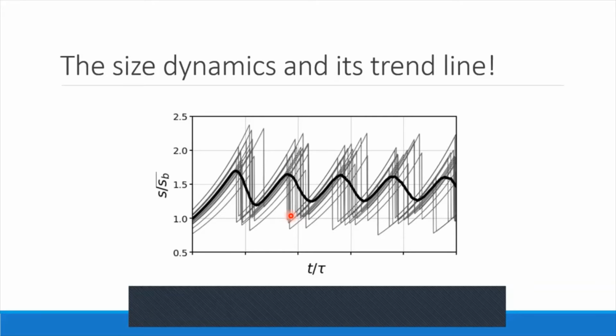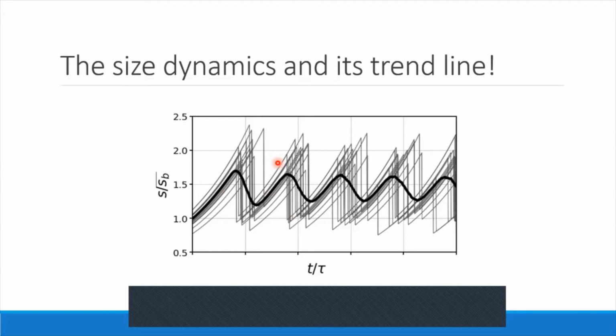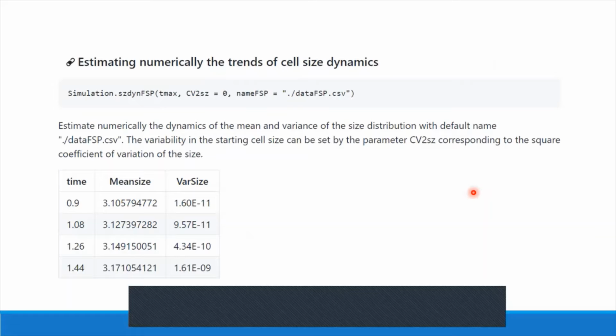In some cases, we want to estimate not a particular stochastic trajectory of size, but instead we want to estimate the trend line. I mean, how the mean size changes along the time and how the variance changes along the time. In this case, you can see that if we only consider stochasticity in division times, we find these oscillations in the mean size. So we implement this function SCD FSP with parameters Tmax, which is the maximum time, the